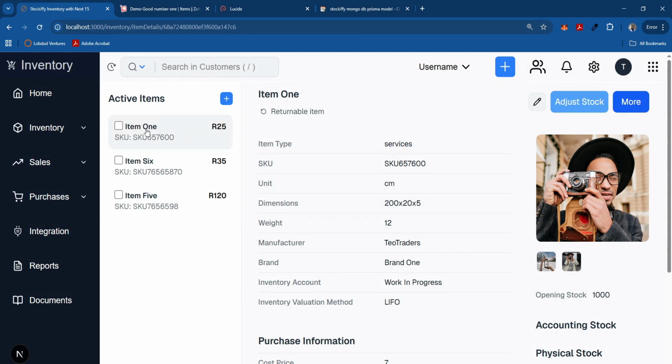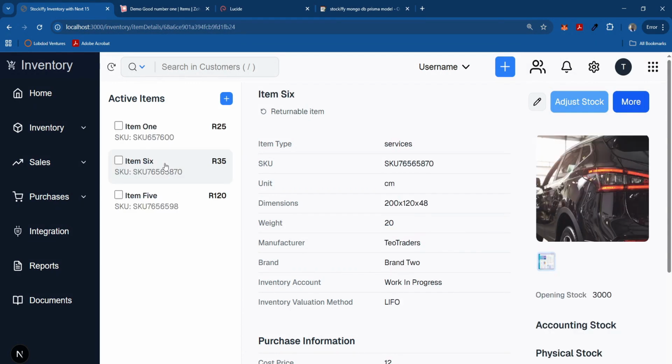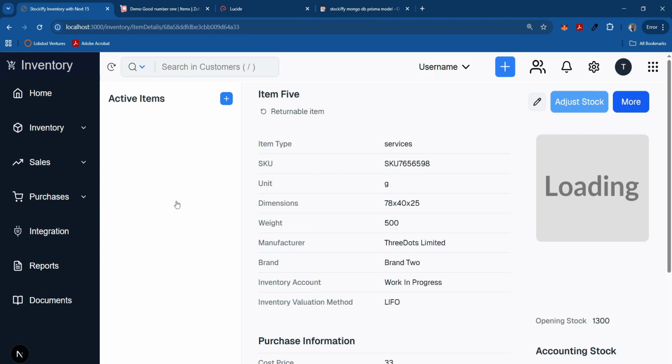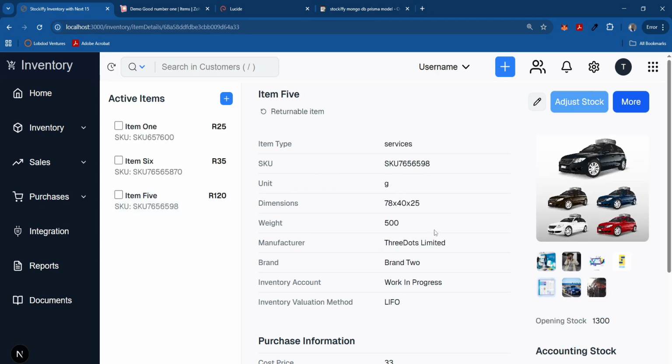Let me come here, or perhaps we are on item 1. You see, this one is only because I created it with only 2 images. This one has multiple images, you see. So all these other ones are the thumbnails, while this is the primary. Okay, so on